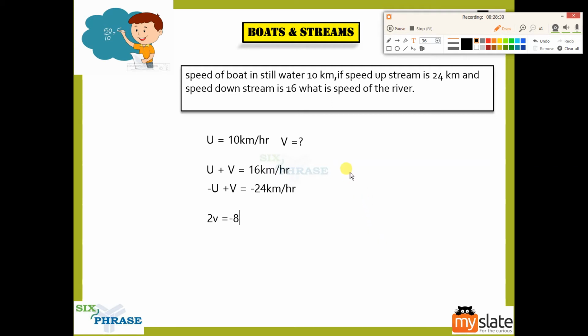See, questions like this sometimes are given to check your understanding. By now you should have asked this question: how come we get the speed in negative? Yes, we shouldn't get speeds in negative, right? It means something is wrong. If you pay close attention, guys, what is wrong is the speed of the boat upstream is 24 kilometers per hour and downstream is 16, right? Now, can this happen? Can the upstream speed be more than downstream speed? It can never happen. It is impossible. The probability is 0. So the upstream speed can never be greater than downstream speed.